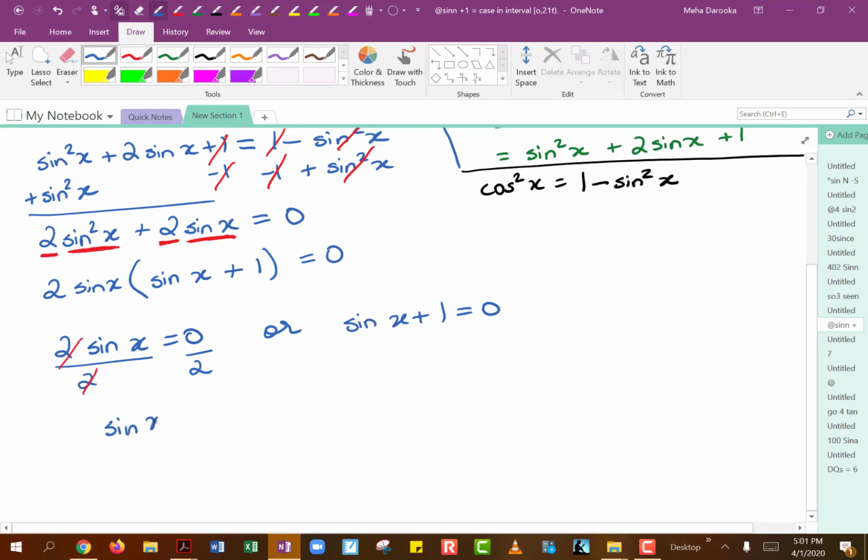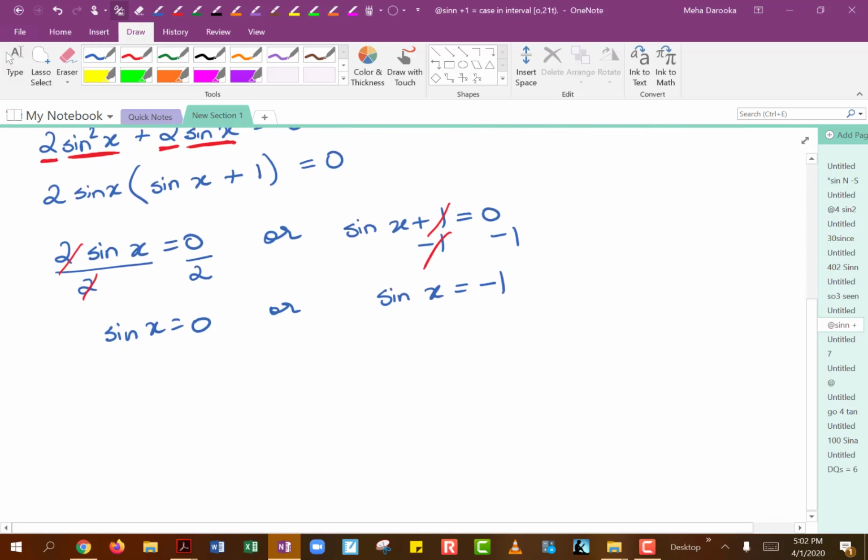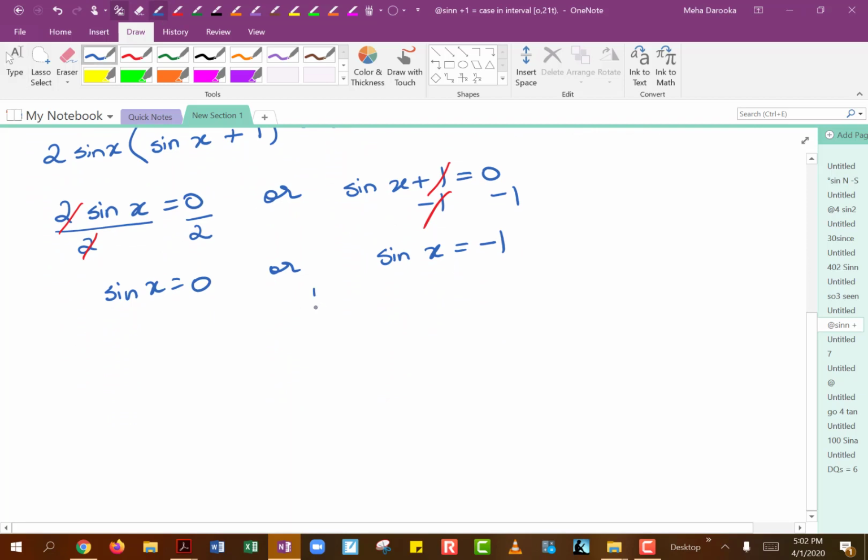giving you sine of x equals 0 for this first part. And then here, we're going to subtract 1 on both sides. This will cancel out, giving us sine of x equals -1. So once you have this, then in the interval,